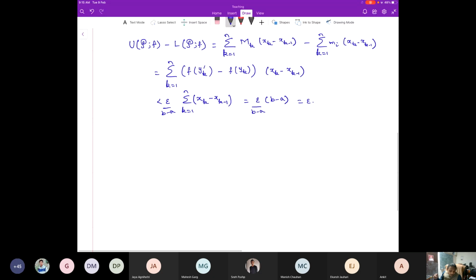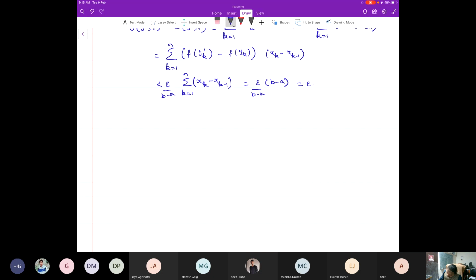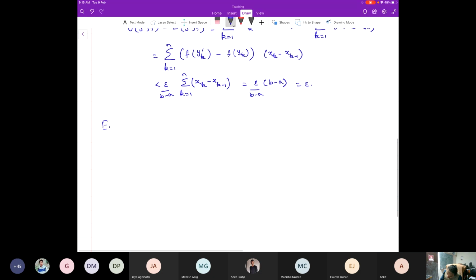Yes, the next corollary. So I wanted to do one example. Let me do one example and then we should be able to proceed further. Example. We have already seen a large class of functions known as the continuous functions. They all are Riemann integrable, which means the next one is a discontinuous function.